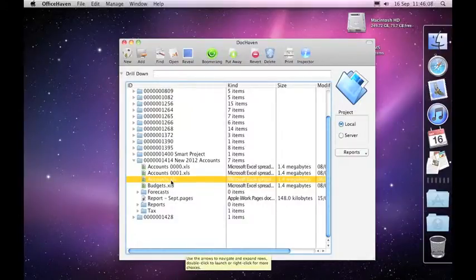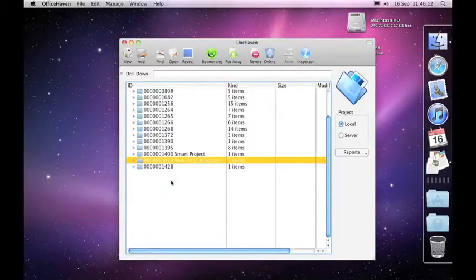Okay, that is a description of all of the main functions within the user interface of using the DocHaven window itself. I hope they prove useful for you,